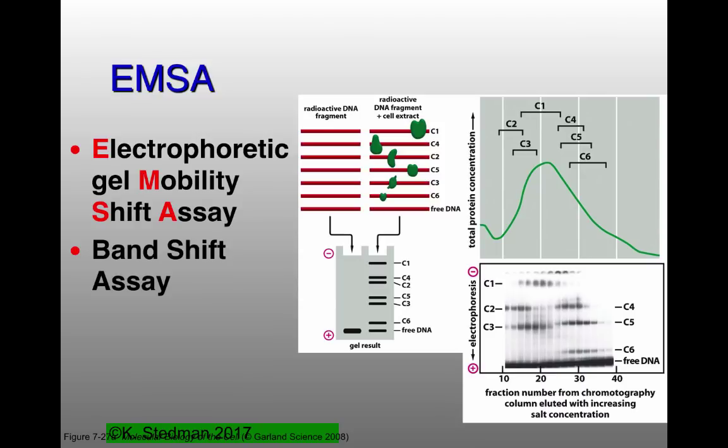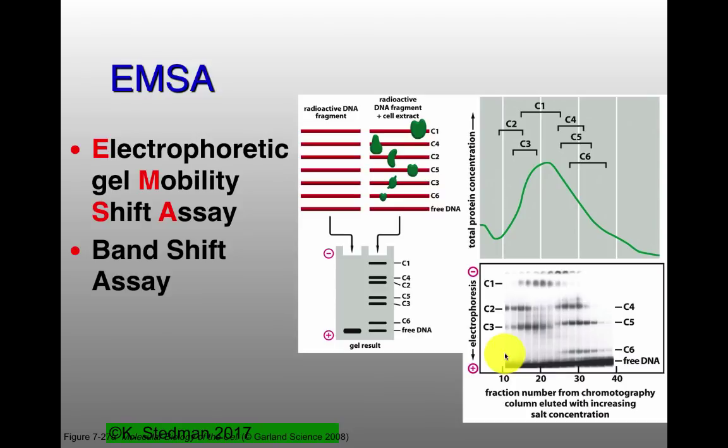And so this is a case where you have multiple proteins that are bound. Much more frequently, you have something like we have down here in the lower right, where we have one protein which is bound, in this case the C2 protein, which is bound to DNA. And the reason that you can tell it's bound to DNA is because the mobility of that DNA has changed. So this is finding that you have a particular DNA binding protein.